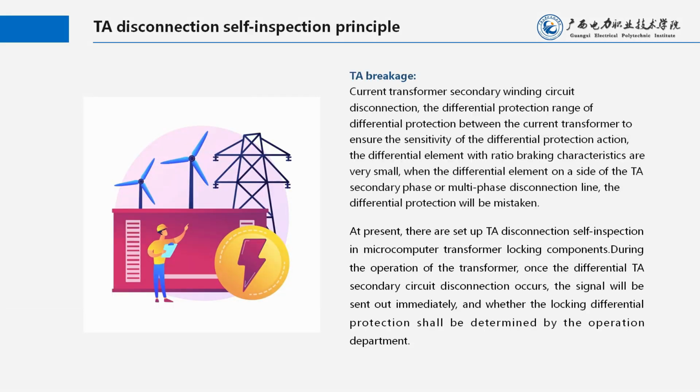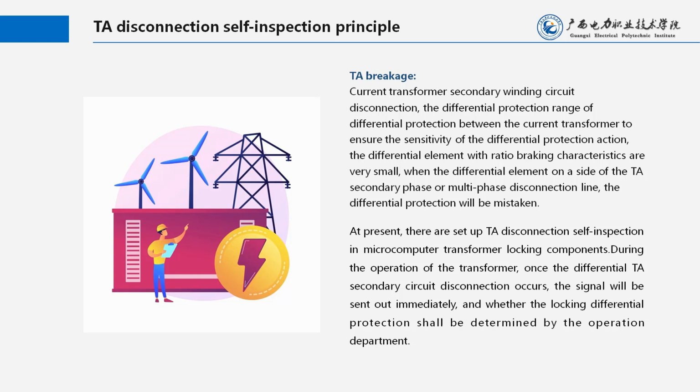TA breakage: current transformer secondary winding circuit disconnection. The differential protection range of differential protection lies between the current transformers, to ensure the sensitivity of the differential protection action. The differential element with ratio braking characteristics is very small. When the differential element on one side of the TA secondary has a phase or multiphase disconnection, the differential protection will